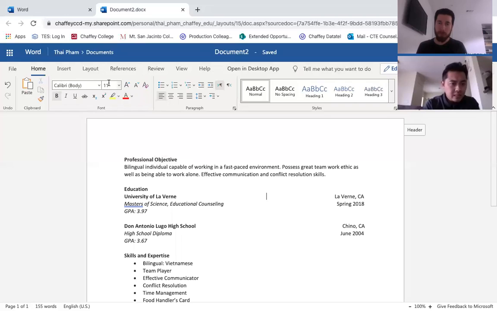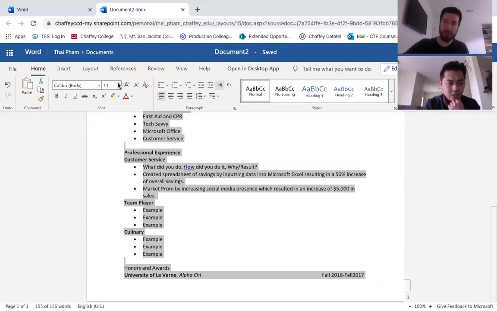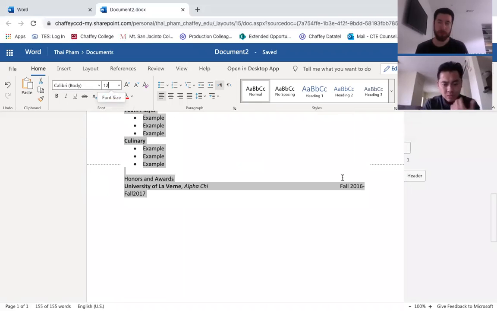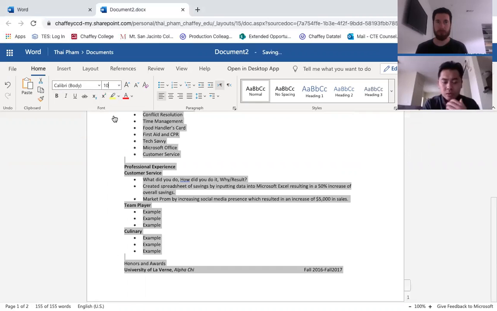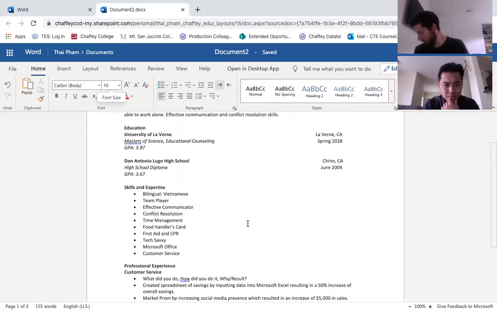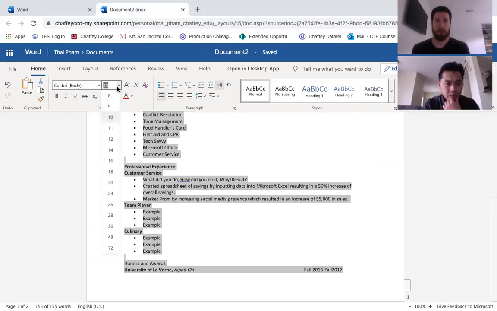Other ways that you can format this here. Your font size can be as big as 12-point font. Right now the font size on this document is 11. I'm going to guess that if I make this 12-point, it's going to go into the next page, and I don't want that to happen. You can see that dotted line is showing that I'm going into the next page. Or it can be as small as 10. So I would stay between 10 and 12-point font. Here, with 10-point font, it still gives me some space. So if I wanted to put more in, I definitely could do that, but I'm going to keep it at 11.